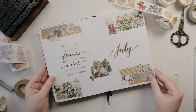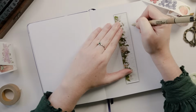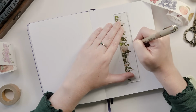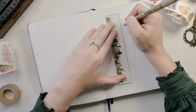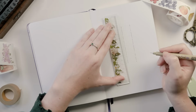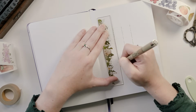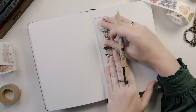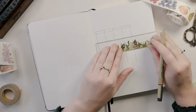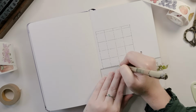Back to our July pages, we're all done with the cover spread now, so we're going to turn the page and move on to the calendar. This one is a must-have for every single monthly bullet journal setup for me, just because I love the idea of having somewhere to collate all of the things you need to remember in a specific month. So obviously you have a future log at the beginning of the journal. Sometimes I find that as the year gets going, I forget to flip back to this one, but at least if I have my monthly page, I copy things out of my Google Calendar onto here, and